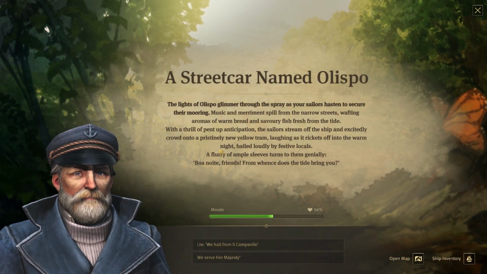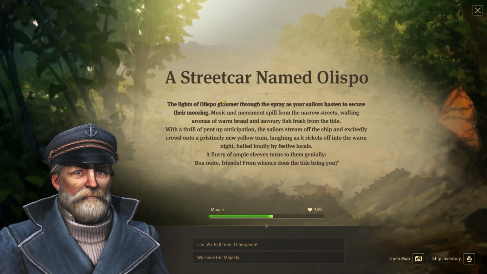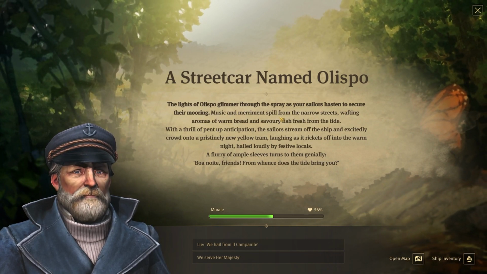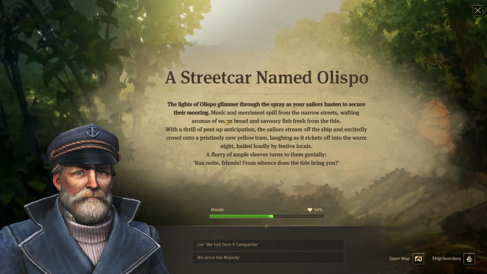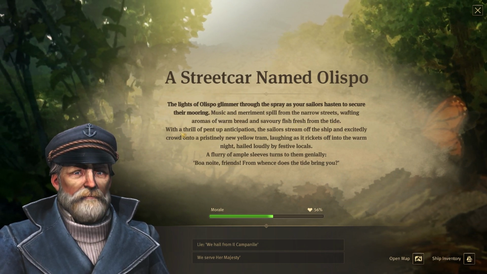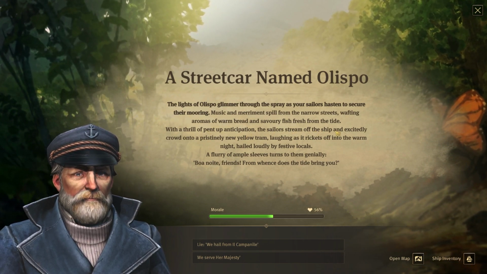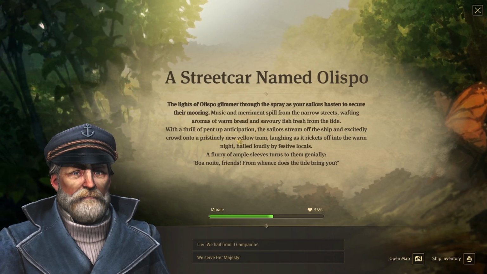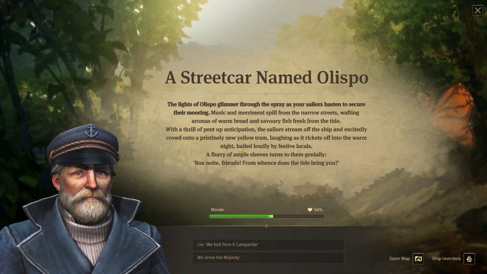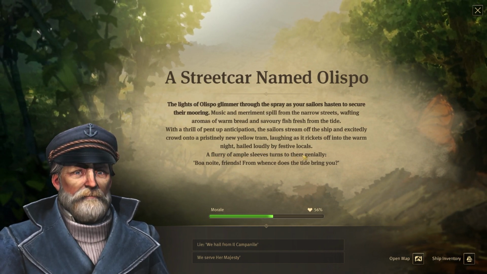A Streetcar Named Lispo. The lights of Lispo glimmer through the spray as your sailors hasten to secure their mooring. Music and merriment spill from the narrow streets, wafting aromas of warm bread and savory fish fresh from the tide. With a thrill of pent-up anticipation, the sailors stream off the ship and excitedly crowd into the pristinely new yellow tram, laughing as it rattles off into the warm night. Hailed loudly by festival locals, a flurry of ample sleeves turns on in the